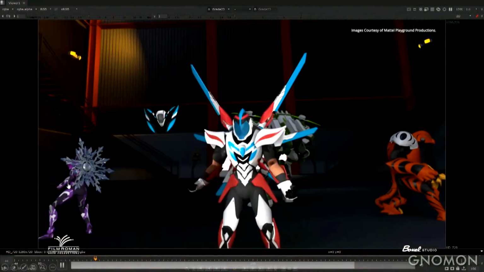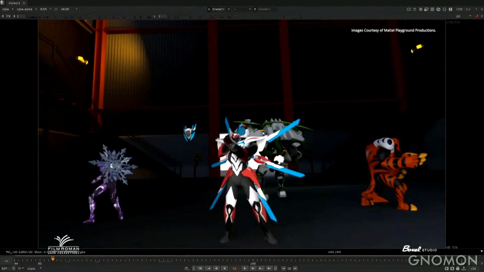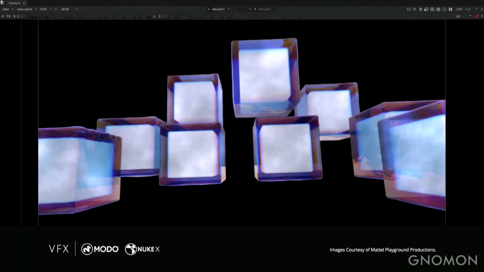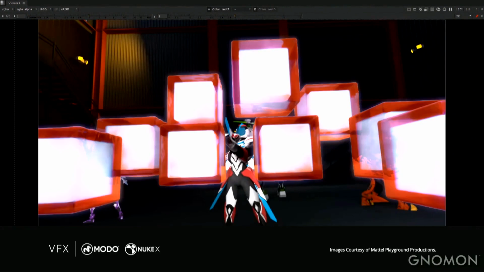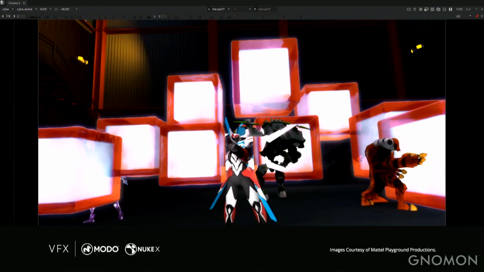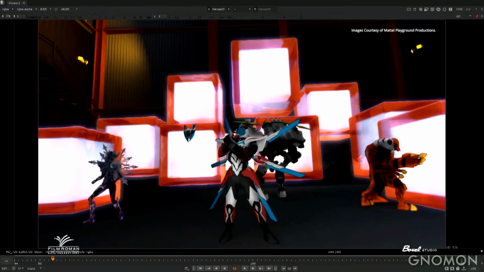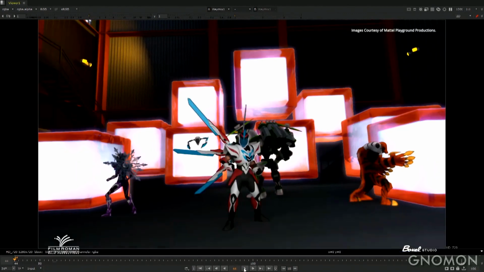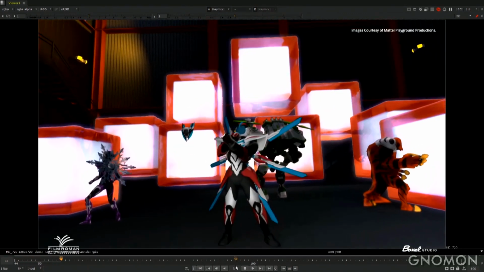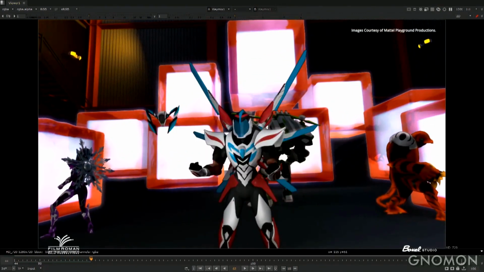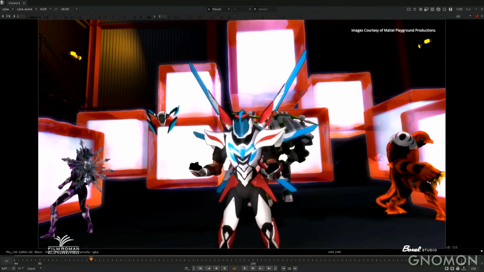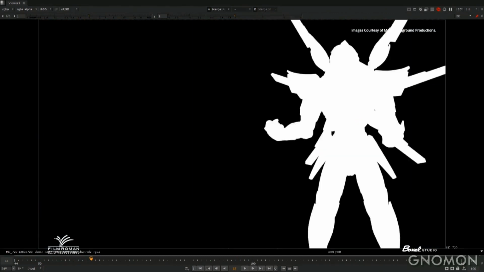We already know that the Modo render engine is awesome. We know it creates great imagery, it's fast, it can be as photoreal or as cartoon as you like. But when you mix this with Nuke, there's no match, I think. It's a perfect man for the job when you mix those two. And for this example, we had to transform Max into different modes.